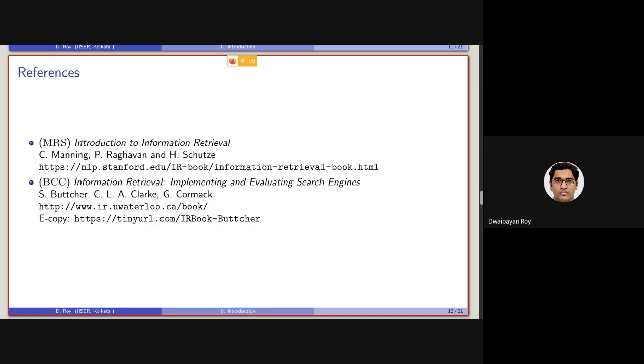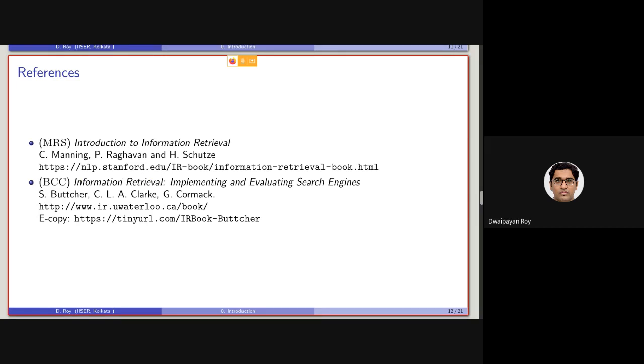So the two books that I'll be primarily following are these two books: Introduction to Information Retrieval by Christopher Manning, Prabhakar Raghavan and Henrik Schutze. Together with that, I'll be following another book called Information Retrieval: Implementing and Evaluating Search Engines.